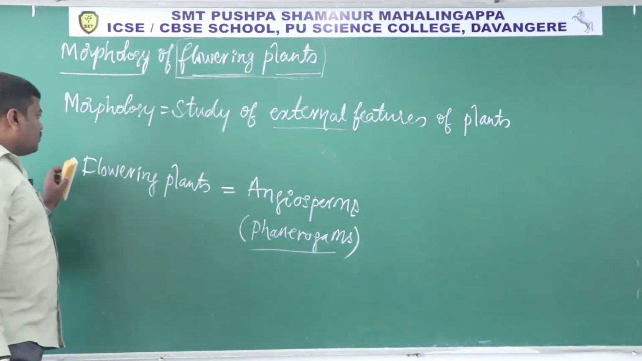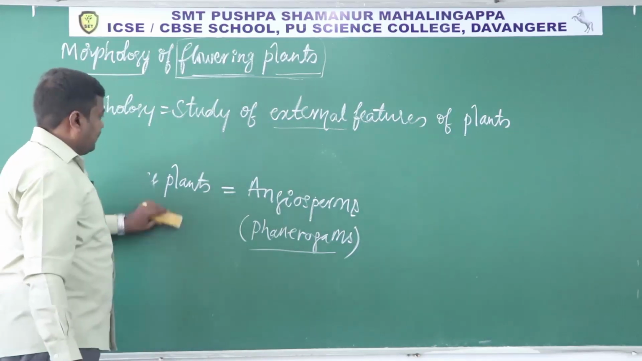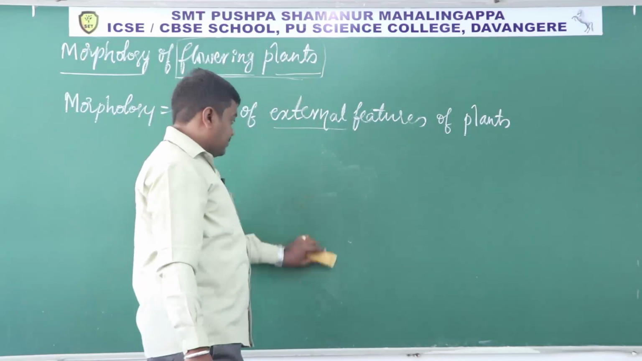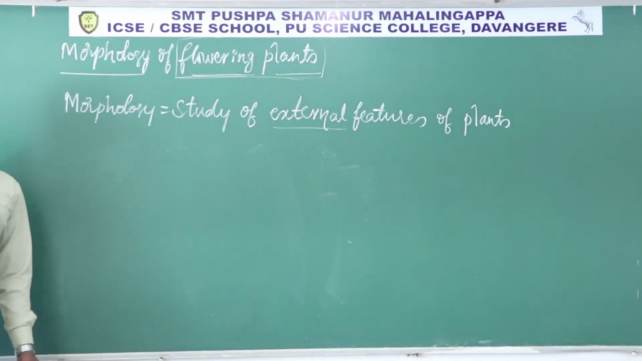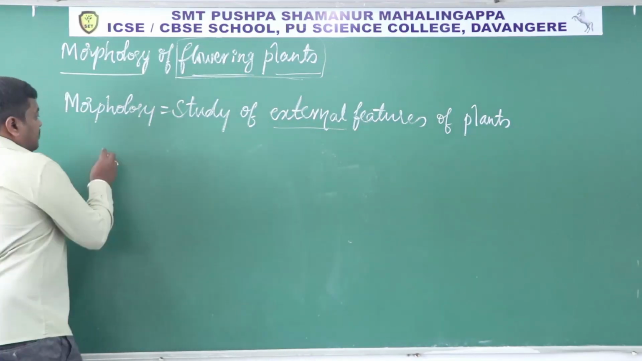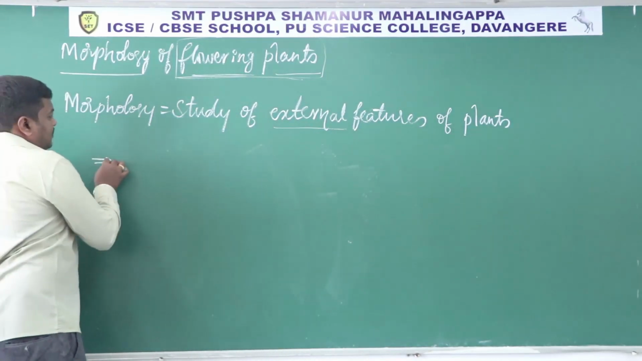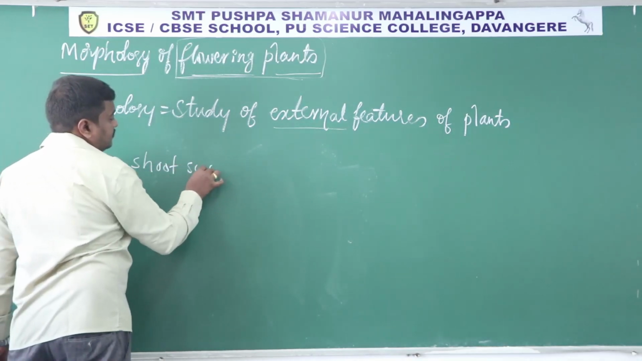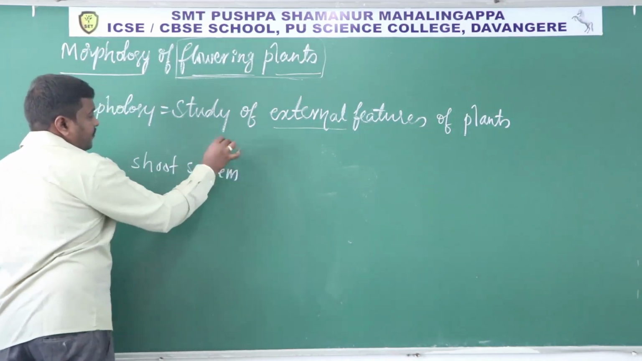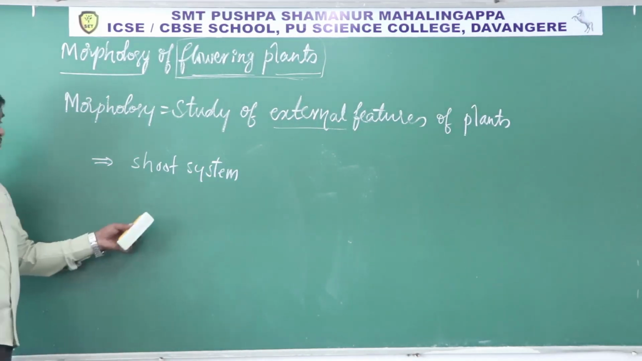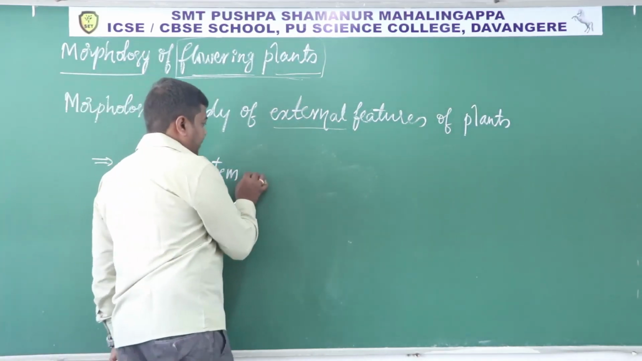So when you look into any type of flowering plant, what is the first thing you notice? What is the first thing you can observe there? You are going to observe the shoot system. This is the first thing you can observe with respect to the plant morphology. Then, this shoot system consists of